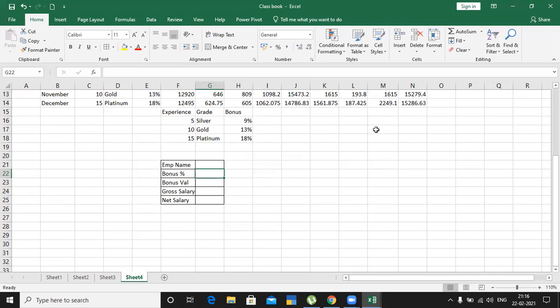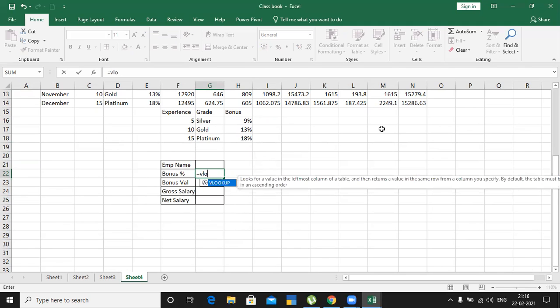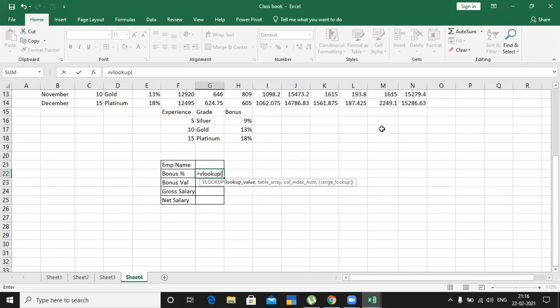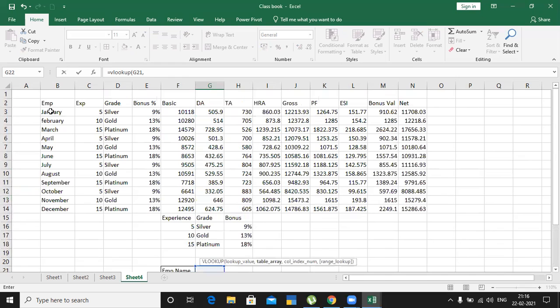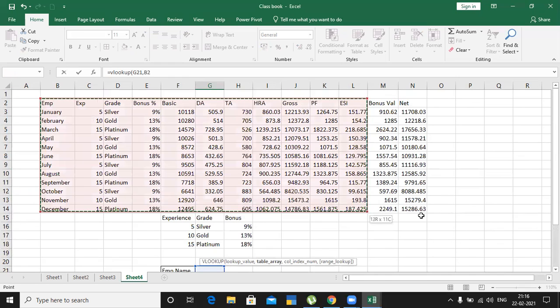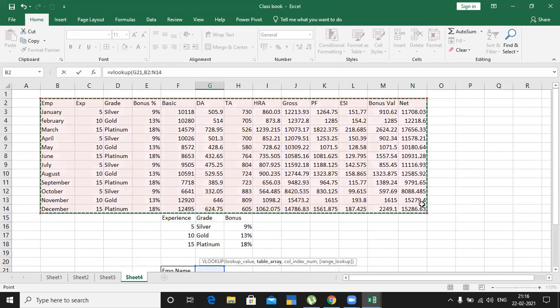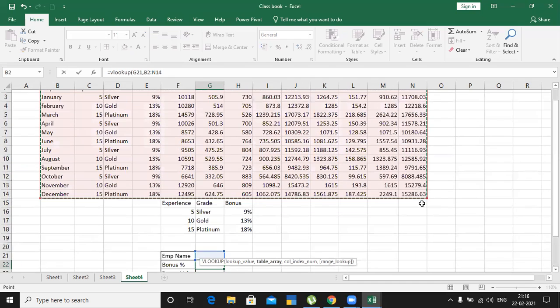Okay, now I'll take the same function VLOOKUP, open bracket, lookup value is what? This one. Then table array, starting from this area. Then you lock this.